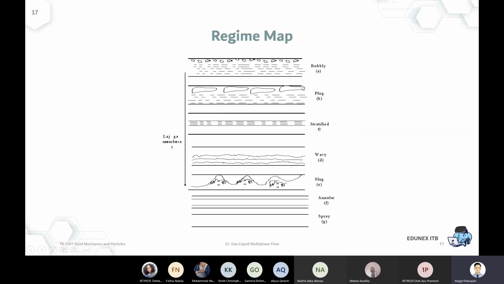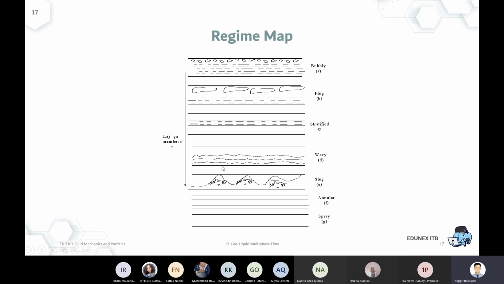Okay, so we already talked about the 7 types of two-phase flow regimes, starting from the bubbly regimes that is close to a liquid flow, up until the spray regime that is close to the vapor flow. So as mentioned before, today we will talk about the regimes map, how to classify the operation windows of each regimes, and more importantly, the pressure drop calculations for this multi-phase flow.